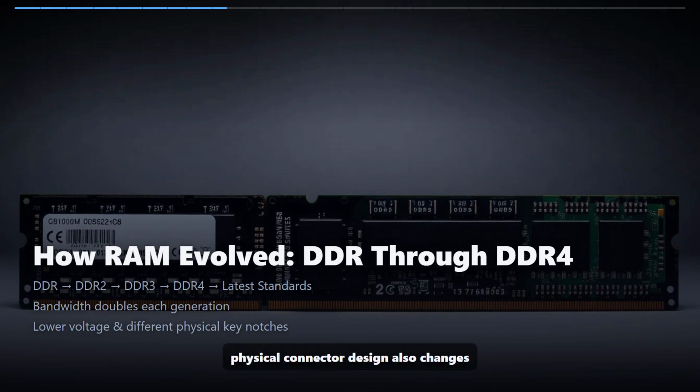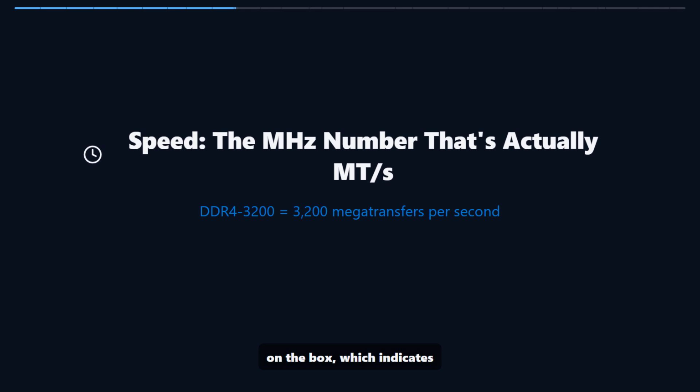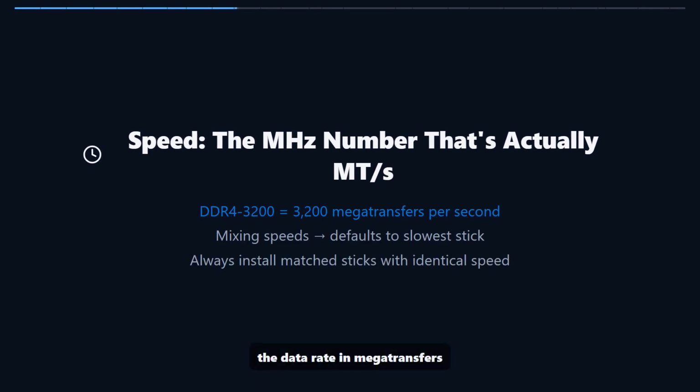The physical connector design also changes between generations, so you cannot accidentally mix them. Always check your motherboard's supported memory type before buying. You've seen numbers like 3200 on the box, which indicates the data rate in megatransfers per second, the speed at